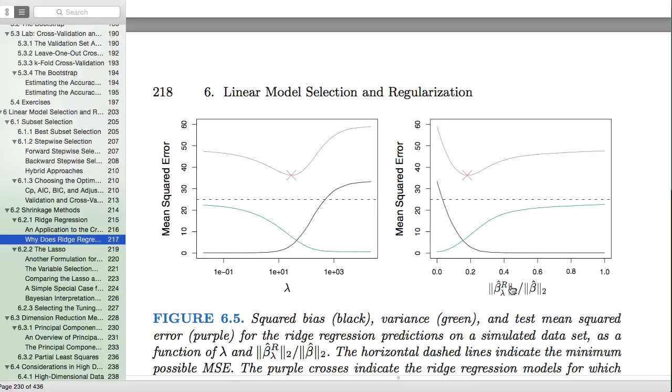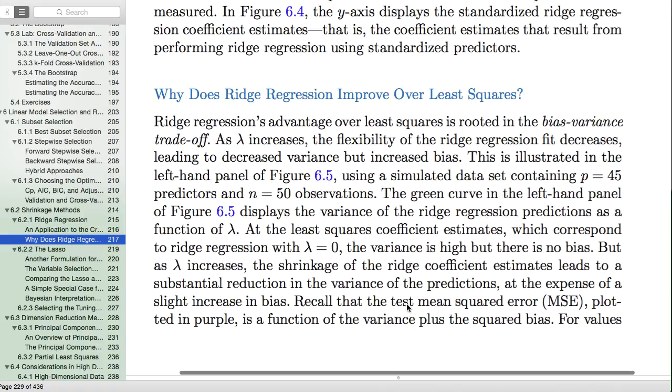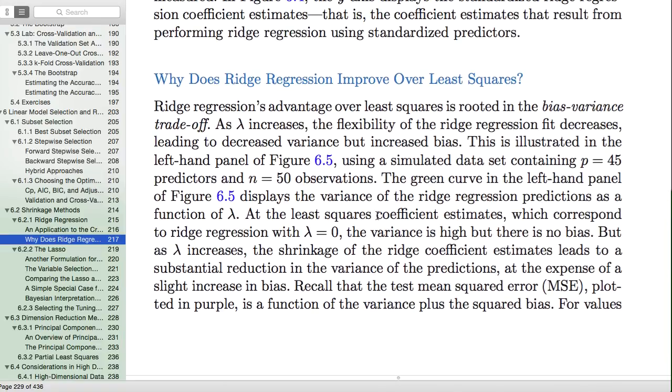And then this again is the L2 norm of ridge regression divided by the L2 norm of least squares, and it's read the opposite way that the other one is. So this is when lambda is 0, and this is when lambda is infinity. Okay, so this is generally a good deal if you can come up with a good tuning parameter